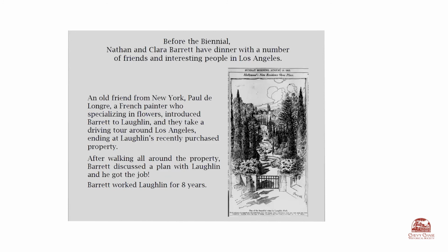But as you go away for a long visit like that, well, then you want to meet your friends. And one of Barrett's friends was an artist from New York, Paul DeLongre, and DeLongre introduced Barrett to Homer Laughlin, the person who's so well known for his pottery. He retired from that, but at any rate, this meeting turned into a driving tour around Los Angeles, ending in